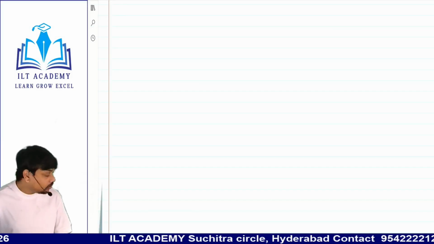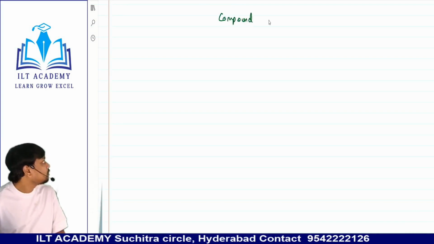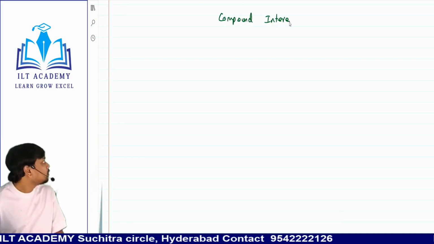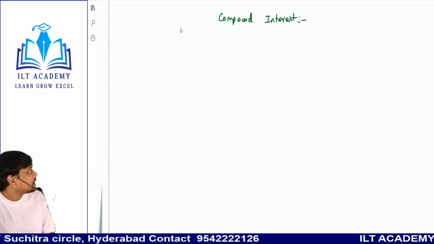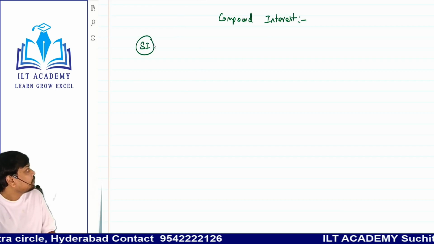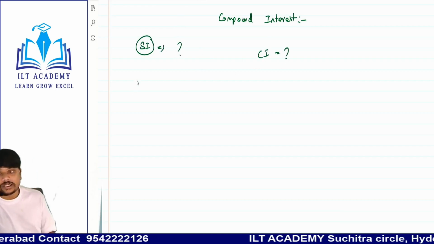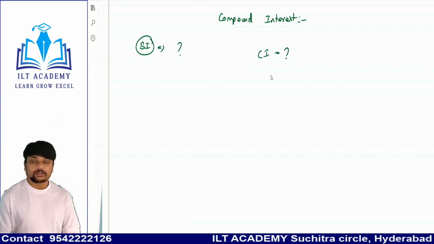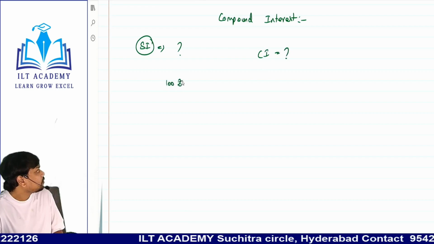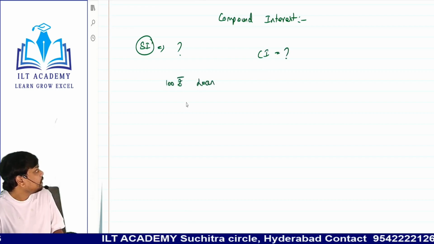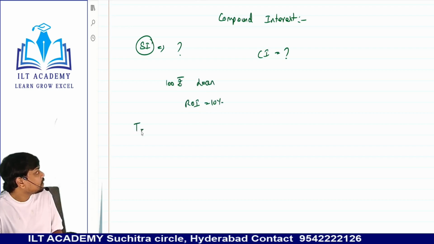Now let us note down our second topic for the day, compound interest. Now what is the core difference between compound interest and simple interest? Let us understand how simple interest is going to work and how compound interest is going to work. Simple interest generally is, when you take 100 rupees loan and rate of interest is 10%, for the first year,